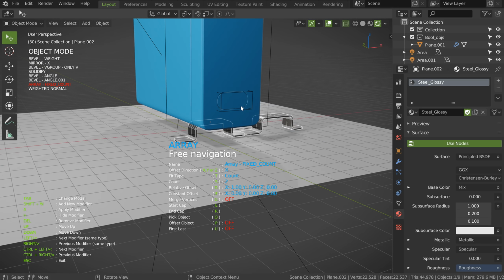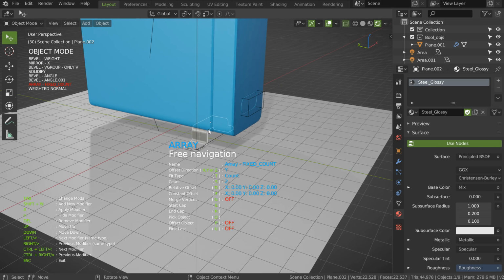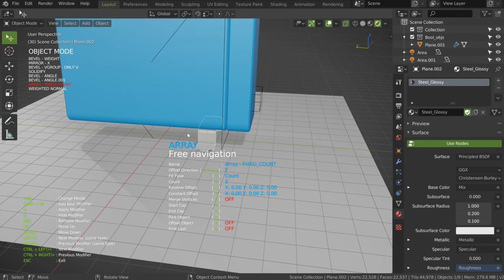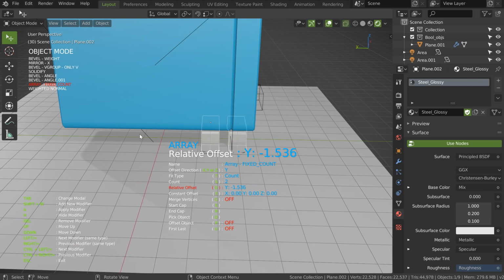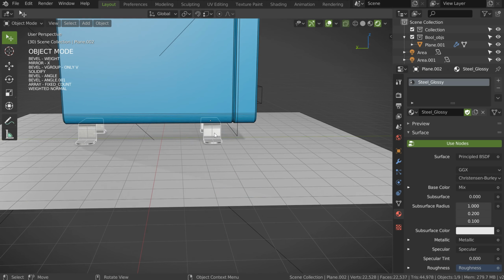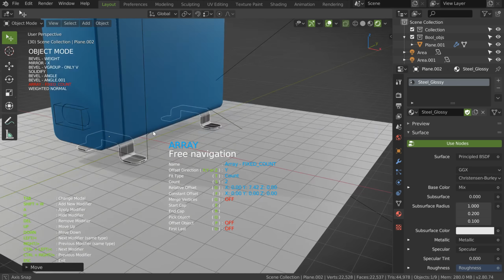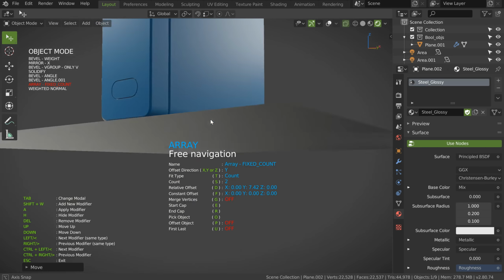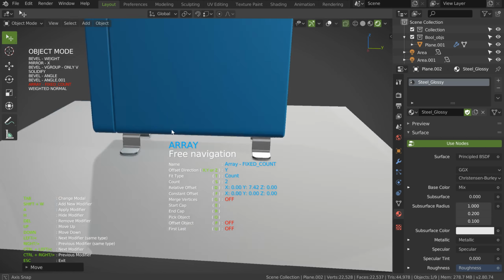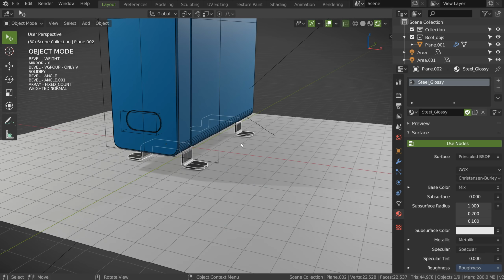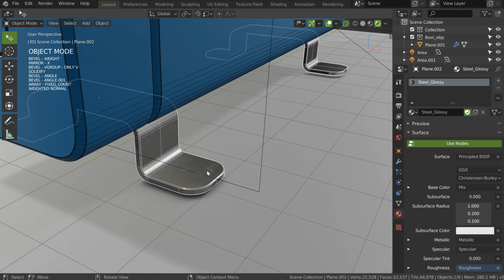Boom. I will press D0, I will choose the y-axis, and I will press W. Not W, my bad, D. And I will just click like that. Okay? I can even maybe move this one a little here, and on the array, just press D. Not in X, in Y, boom, D, like that. And if I press 6, I will have my result. Nice.